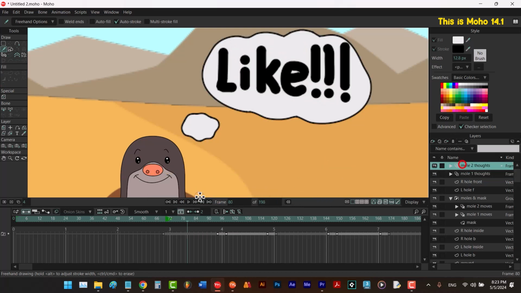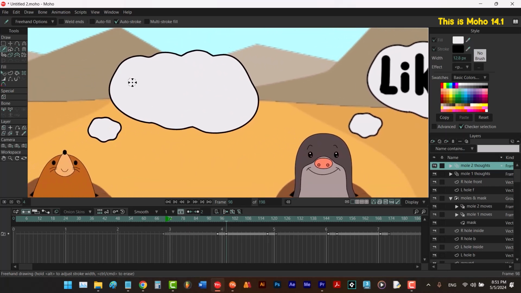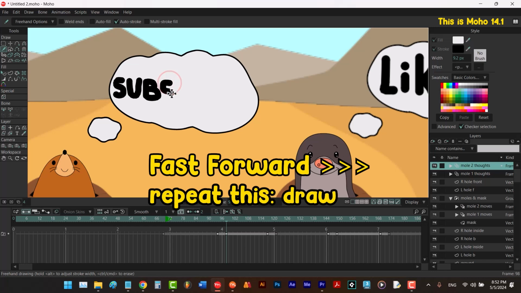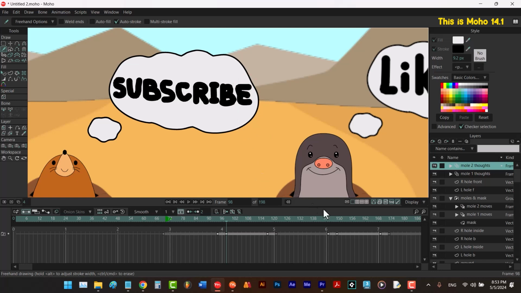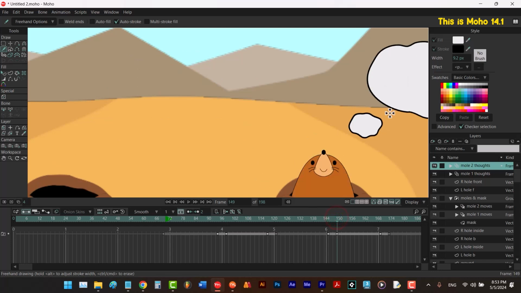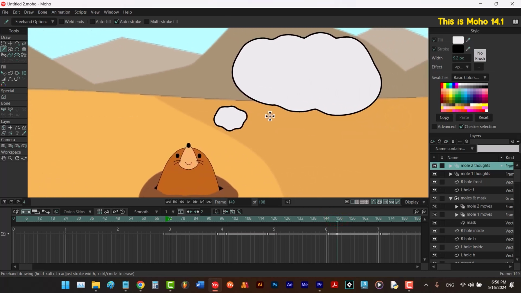And for the other one, I'm going to go to this frame. Then I'm going to hold down the Alt key and drag to the left to decrease the size of my brush. And then I write something like subscribe. And then I go to this frame and then I right click to pan. Let me hold down the Alt key, drag to the right a bit to increase the size of my brush. And let me type something like